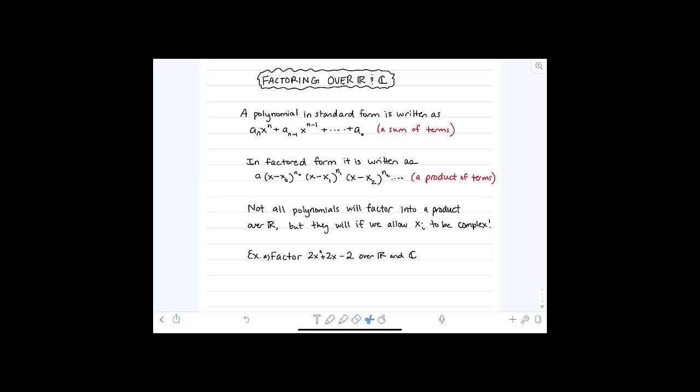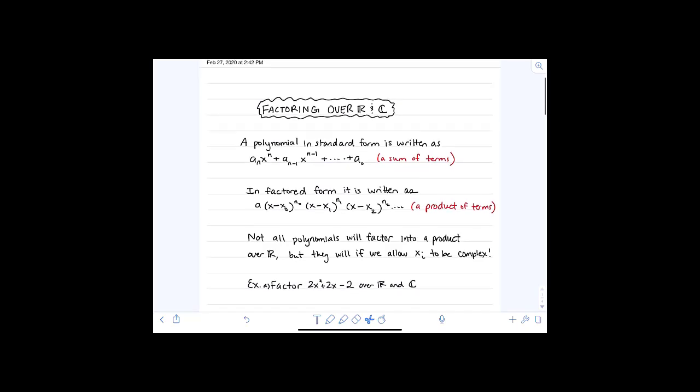Factoring polynomials over the real numbers and over the complex numbers. So up until this point in your math career, you probably have only seen one kind of factoring. And you might remember that when you see just a standard form polynomial, such as this one,